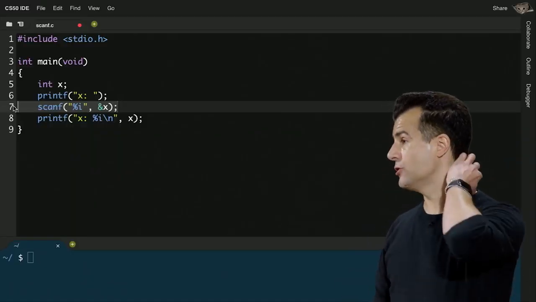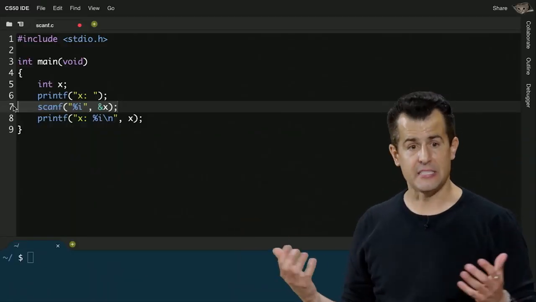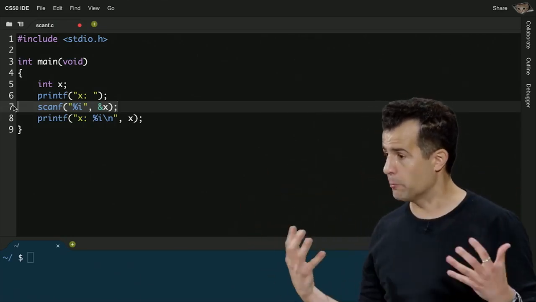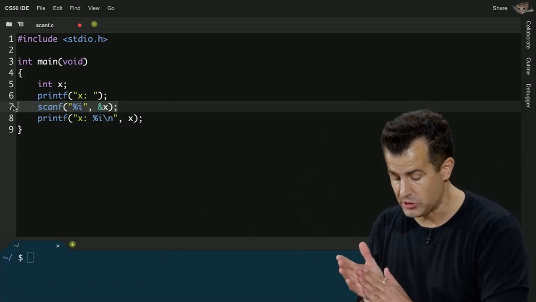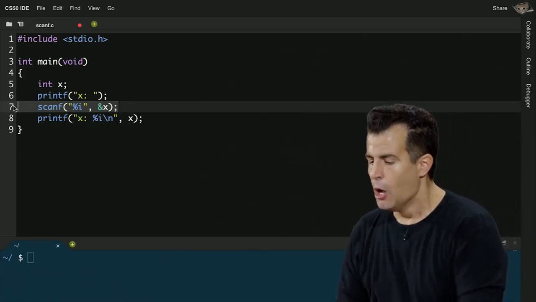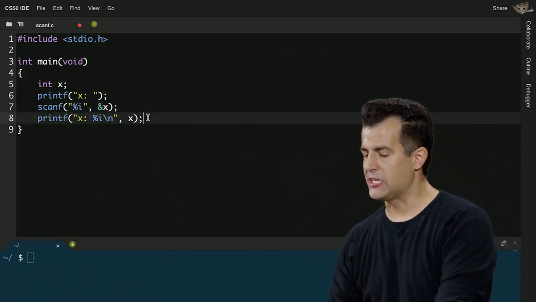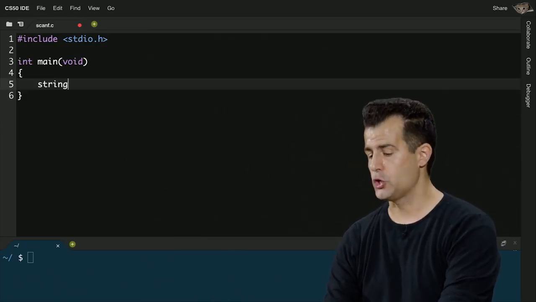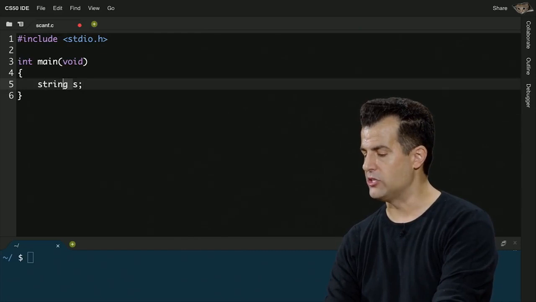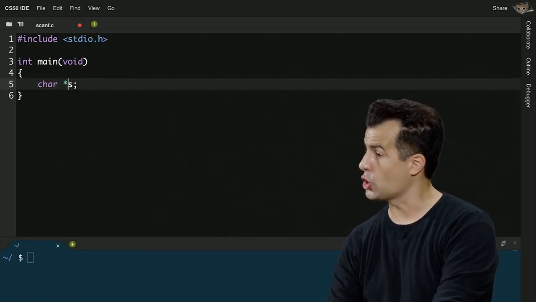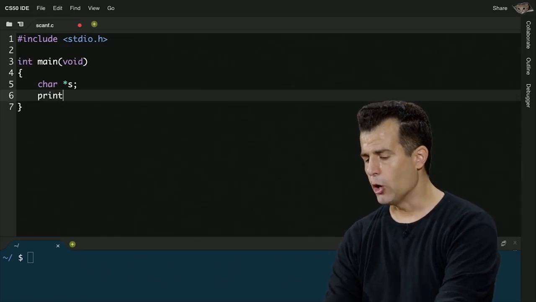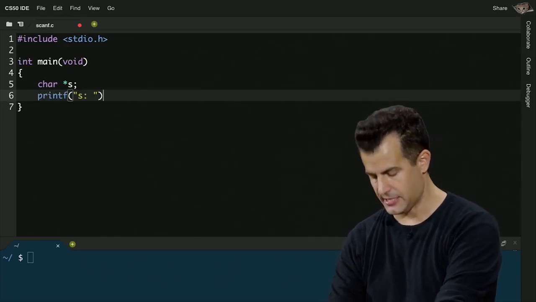Unfortunately, what scanf does not do is if the user types in Emma instead of an int, it's quite possible the program will choke or crash or behave in some unpredictable way. There's no error checking built into scanf in this case. But let's try another thing. It's not that interesting to read in just an int. Let's try to read in something like a string. So I could give myself a string s, although we know that there is no such thing as string. That's technically a char star, or the address of a character, called s. Let me go ahead and prompt the human for a string s here.